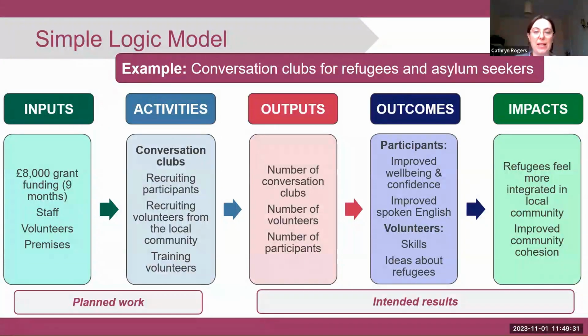And obviously we've come up with this as an example for a project, but Know Your Neighbourhood as a whole, the funding stream, has got its own theory of change to explain how we expect this funding to lead to these outcomes that Dan mentioned earlier. So if we go on to the next slide then,